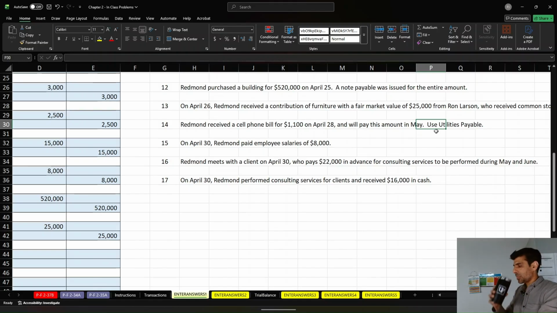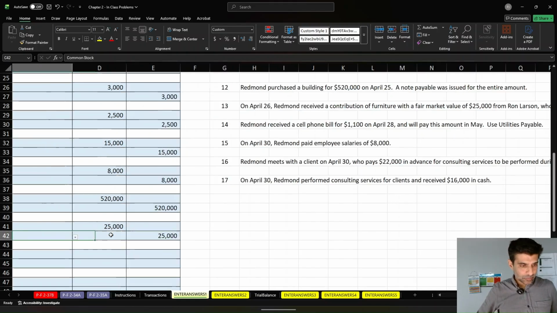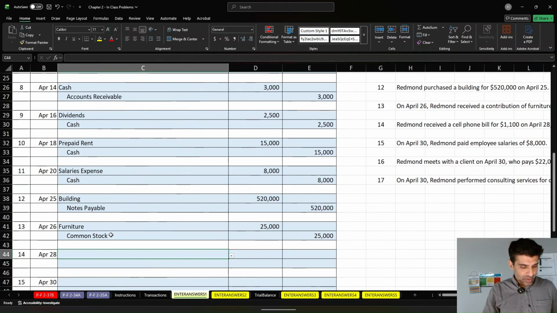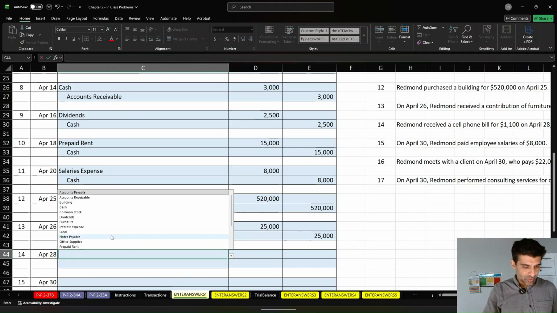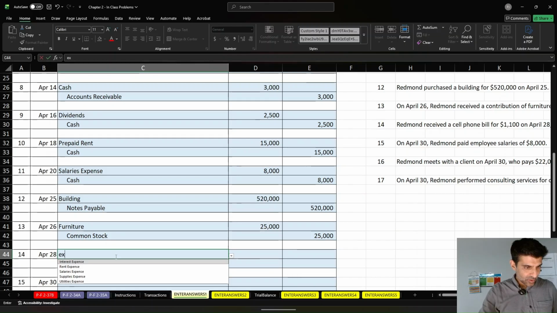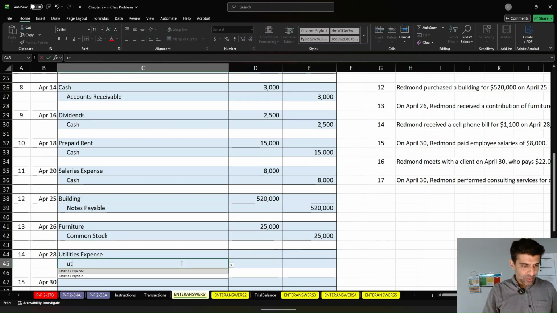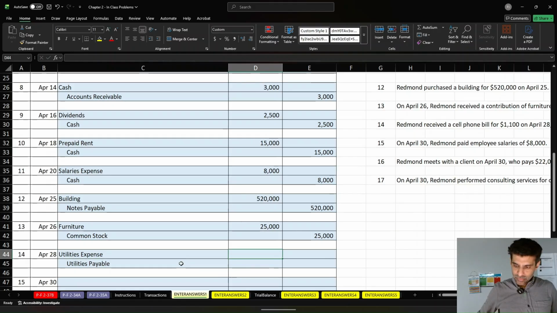What should we debit? Yeah, expense, right? The cell phone company is sending us this bill because we've used a cell phone, and that's an expense for my business, right? I get no future benefit. I've already used the cell phone service. Okay, so that's an expense. That's the definition of an expense. Okay, so we're going to debit utility expense, or what is it? Cell phone expense, utilities expense, and we're going to use utilities payable of